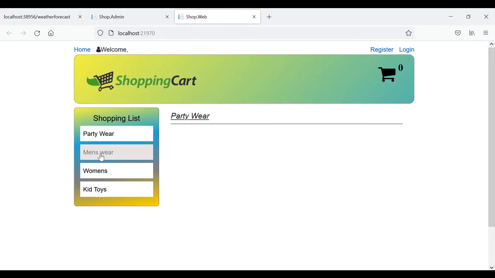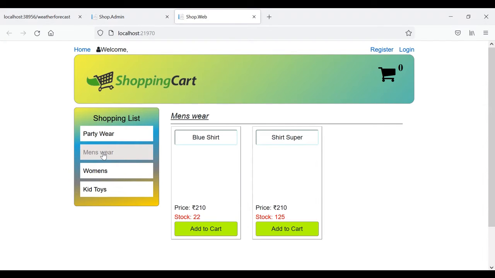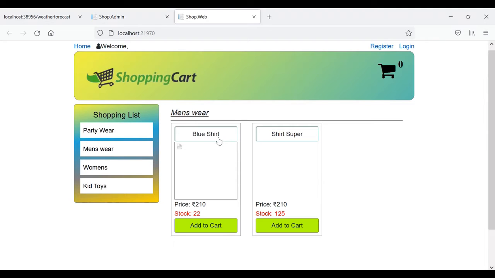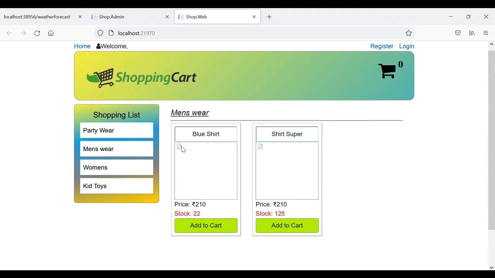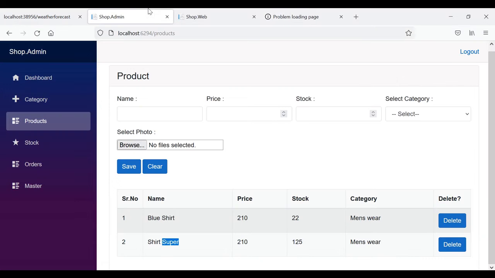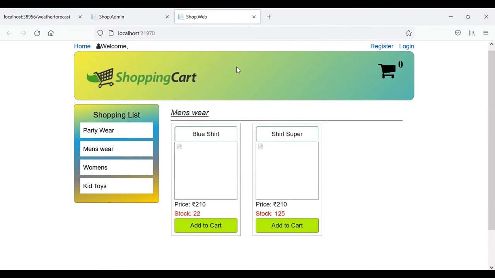Let's click on menswear. Okay, so you can see here the details are available. Blue shirt, super. So both the products are being displayed here, but the images are not shown. Let's open a new tab. So here you can see the localhost name is 57. This is the path, and if you see the localhost, this one,